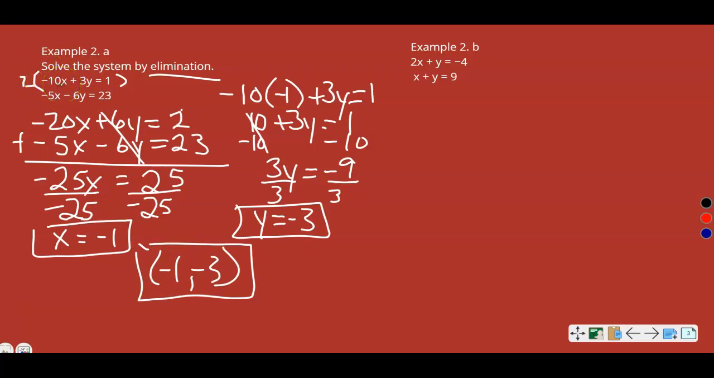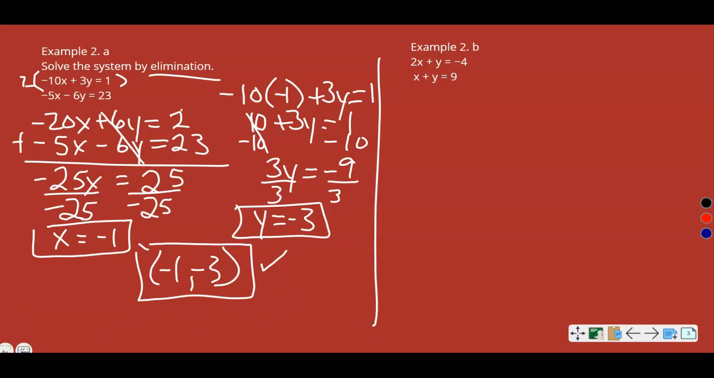Negative 10 times negative 1 is positive 10. 10 plus 3 times negative 3 would be negative 9. 10 minus 9 is 1, so it works for the first equation. Negative 5 times negative 1 is 5. 5 minus 6 times negative 3, that would be plus 18. So I'm going to have 5 plus 18 is 23, so that works for the second one as well. So we have checked both equations. All right,